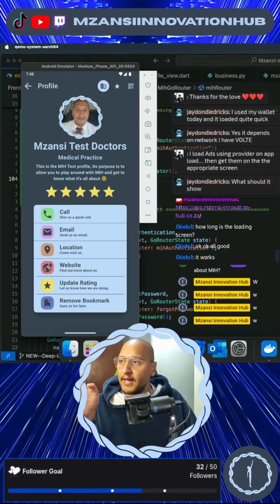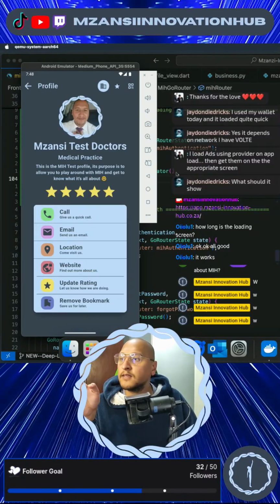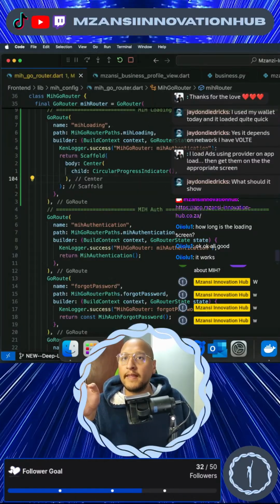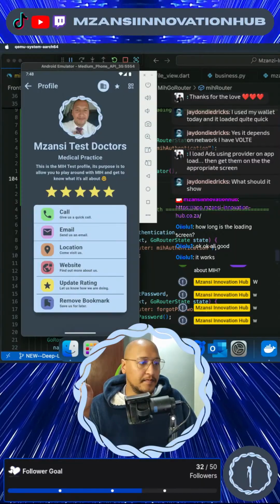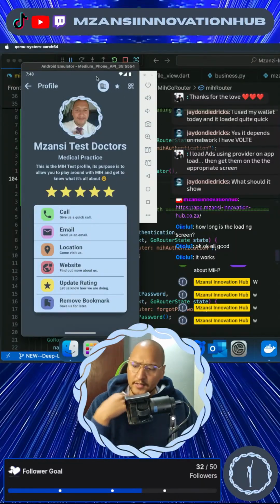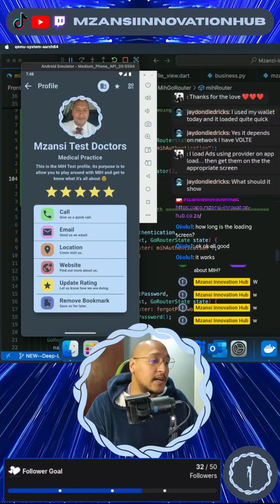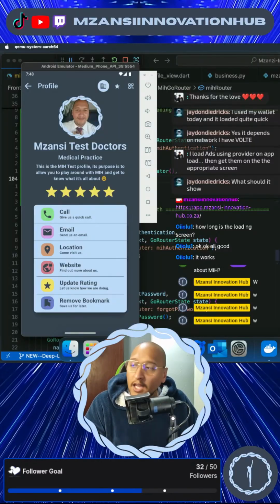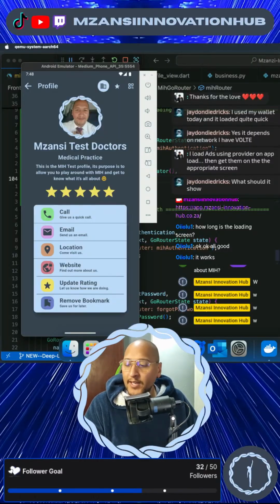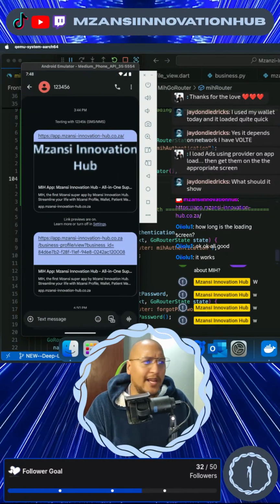Okay, so we have that. Let's rerun the application so that it can reinstall things for us. It should have some sort of indicator over there showing us that MIH is loading and it's getting your information. It should have something like,